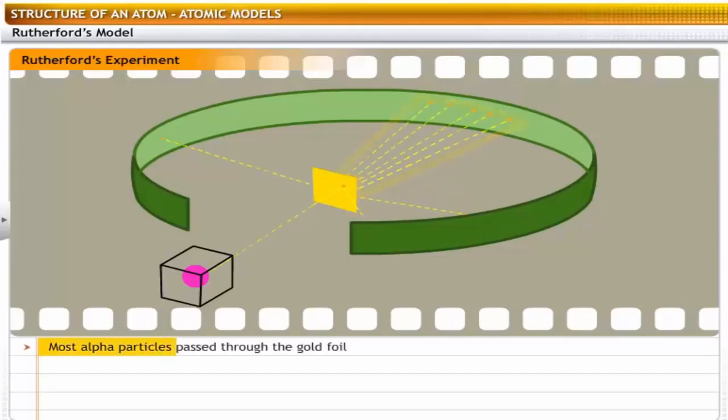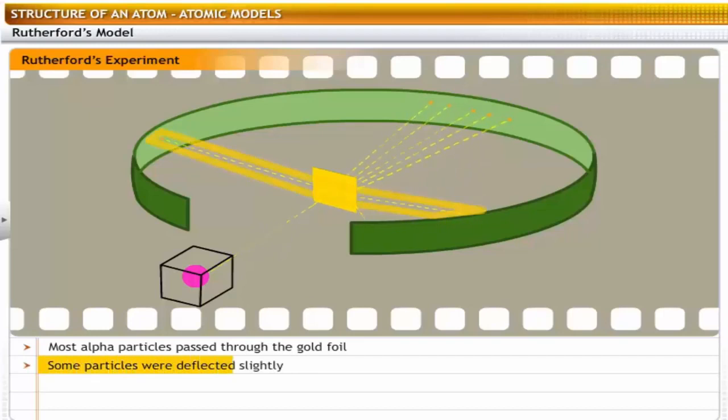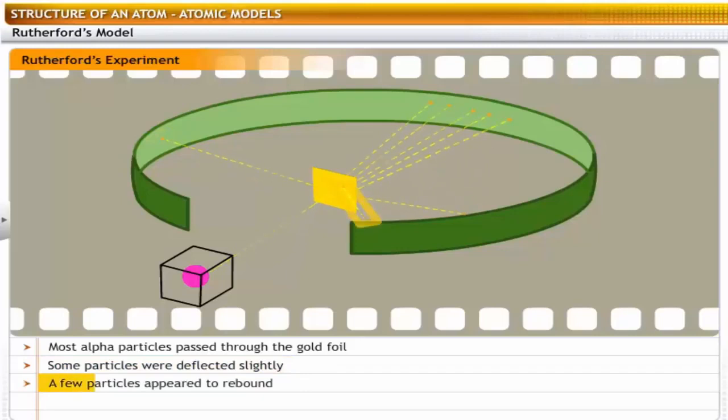Most of the alpha particles passed straight through the gold foil without getting deflected. A small fraction of the alpha particles were deflected through small angles. A few alpha particles bounced back. Based on these observations, Rutherford concluded that